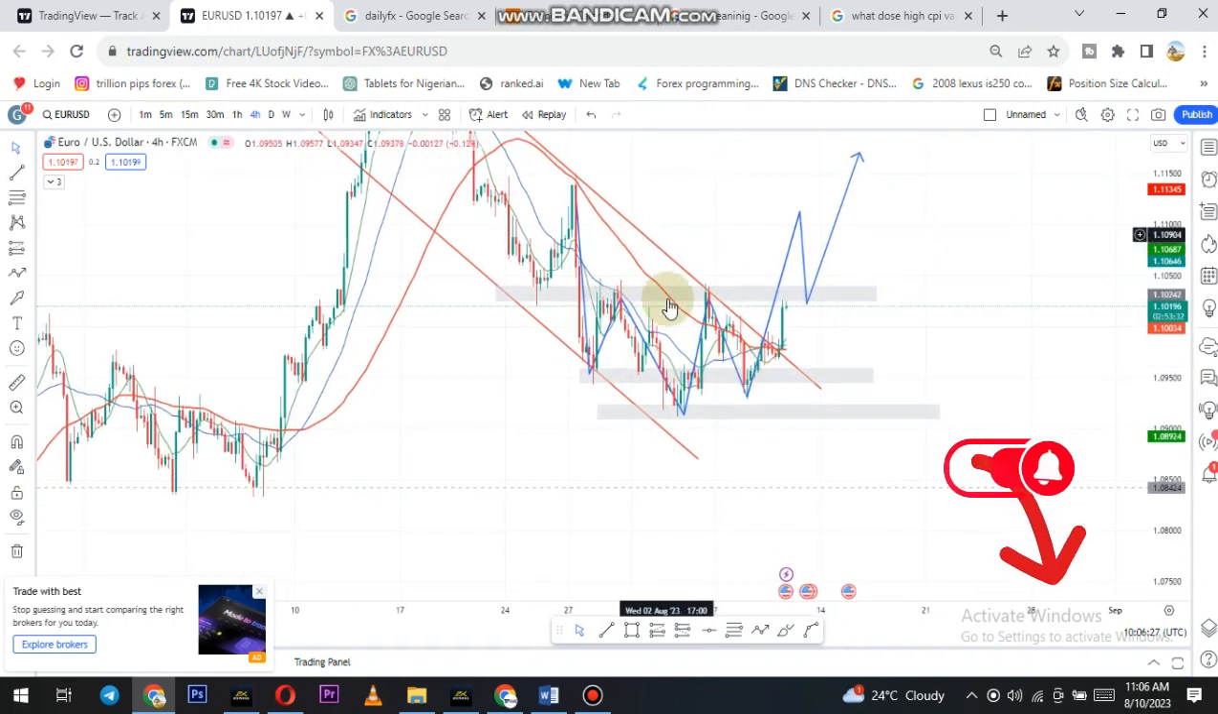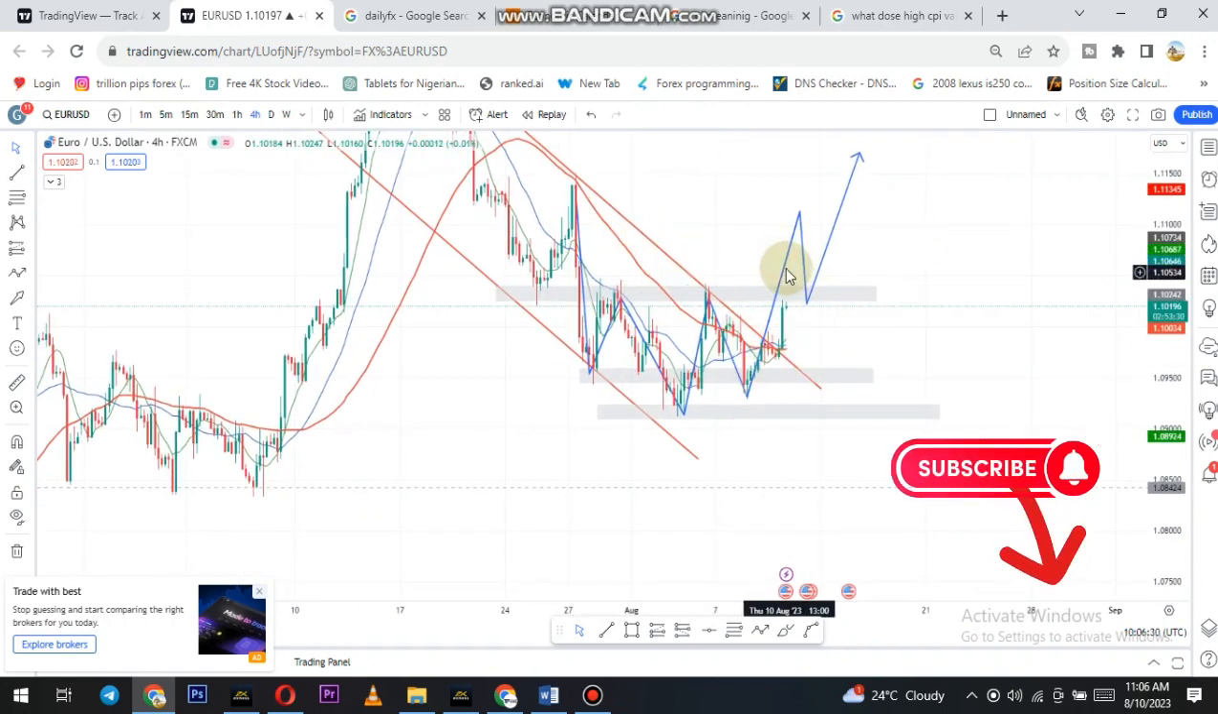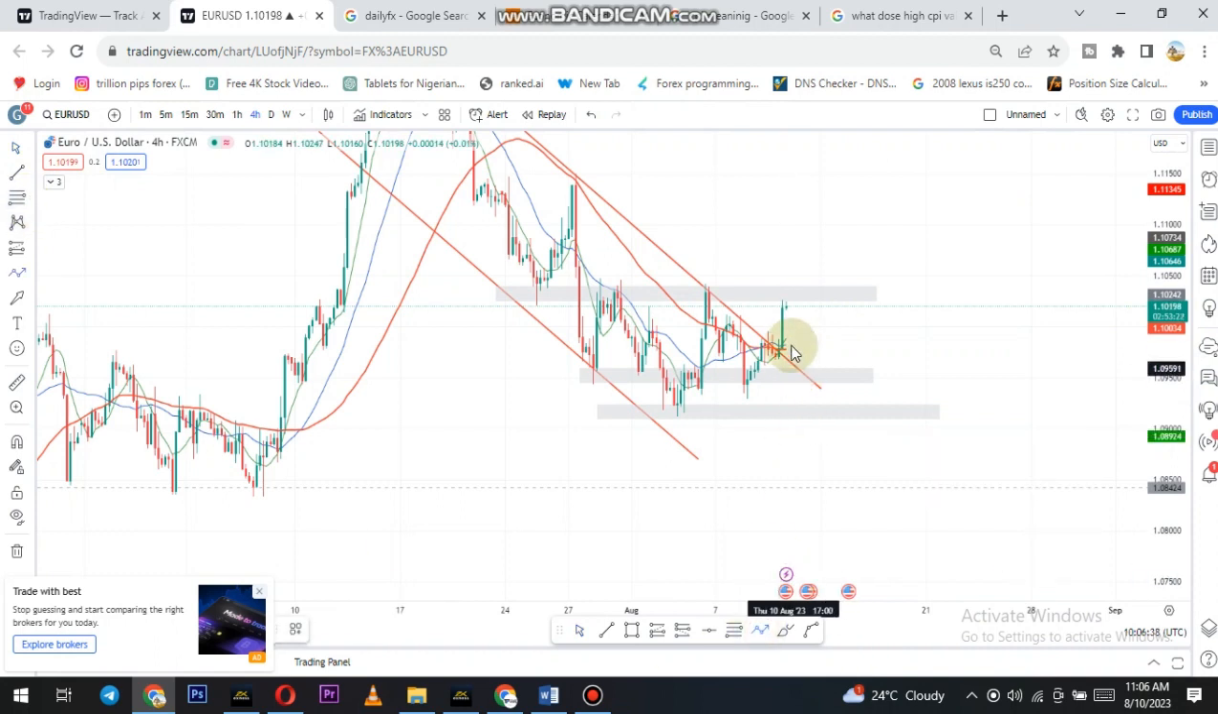So this is what I anticipate to happen during the CPI news. But like I said, we're going to wait. If what we see turns out to, or if the news released makes this price bounce off this support and breaks below this region, right? We can look for sells. We can look for sells, potential sells to the downside. But